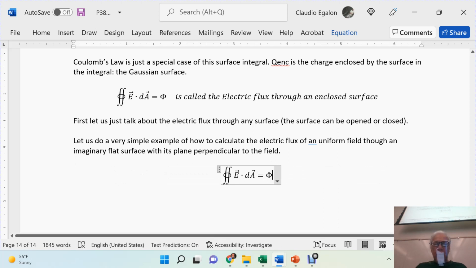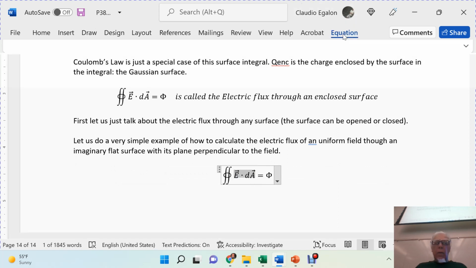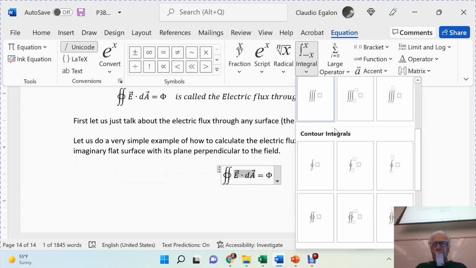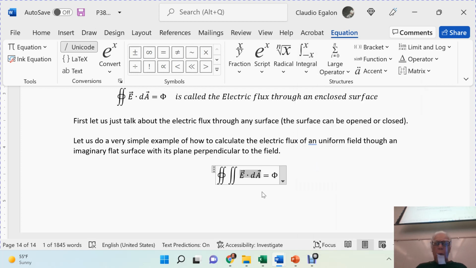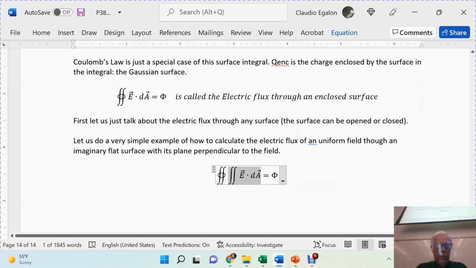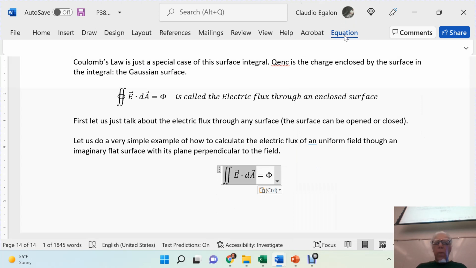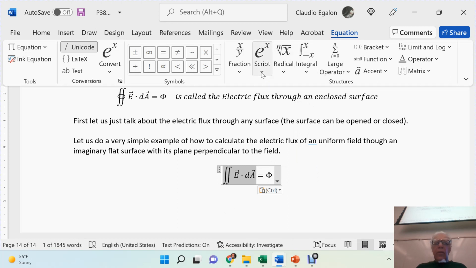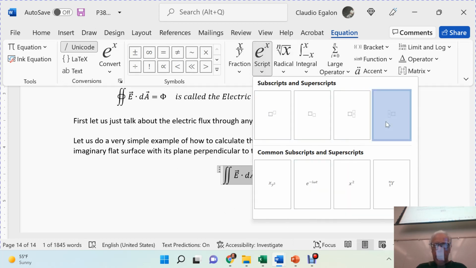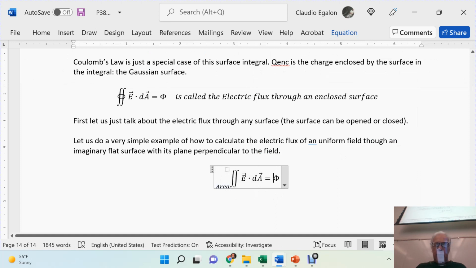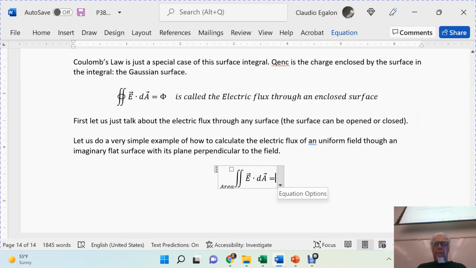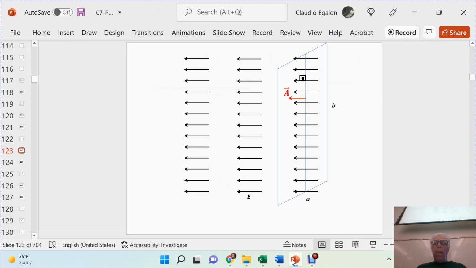Okay, so we are going to calculate the surface integral over a given area, and in this case it's going to be an open area. So what you have to know